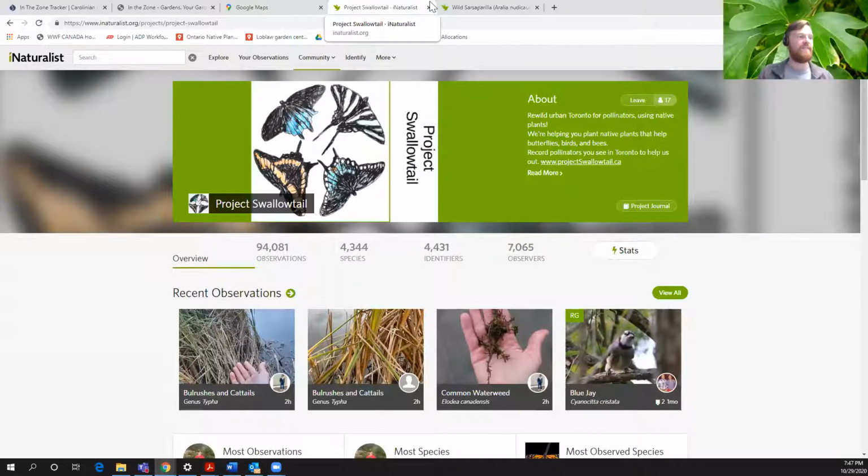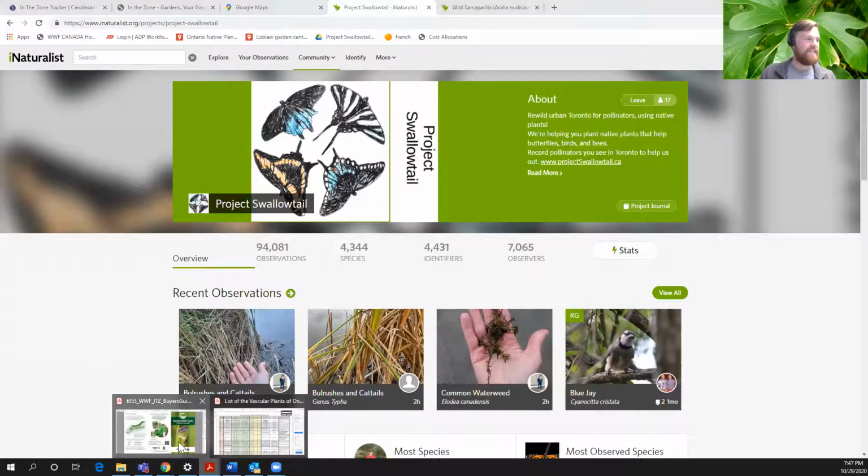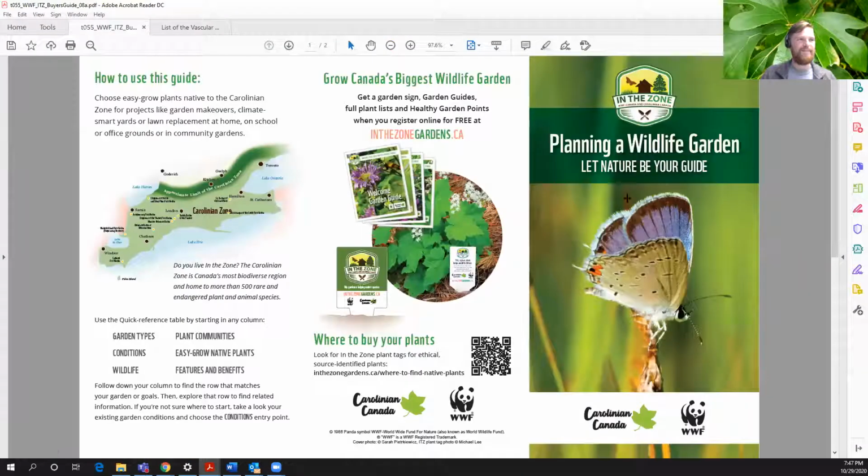Okay, I just have the quickest thing to show people that I'm very excited about, and then we'll get to Q&A. The thing is this. Oh my gosh, planting a wildlife garden. So this is the resource that I've most recently done. I'm quite excited about it. This is a brochure that we're going to have available at garden centers that sell native plants. And the whole purpose of this brochure is to help people choose the right native plants for their area.